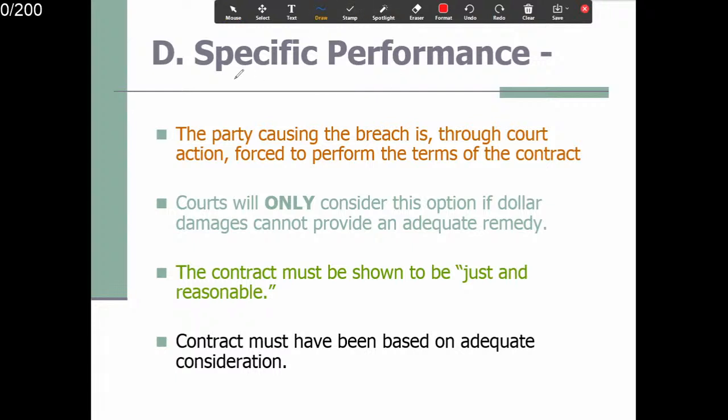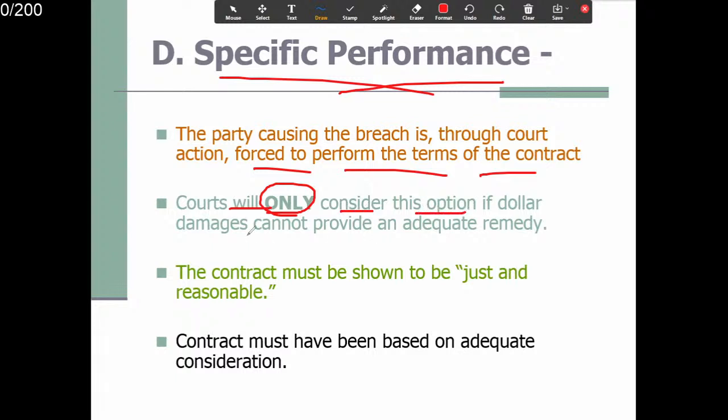Specific performance. 他不需要你赔偿，他就是你有做。The party causing the breach is, through court action, forced to perform the terms of the contract. Courts will only consider this option if dollar damage cannot provide an adequate remedy. 钱解决不了这个问题的话，你会去操作。The contract must be shown to be just and reasonable. 它不可以就是叫你200万去买100万的房子。Contract must have been based on adequate consideration. 合理、合法、和市场的要求。